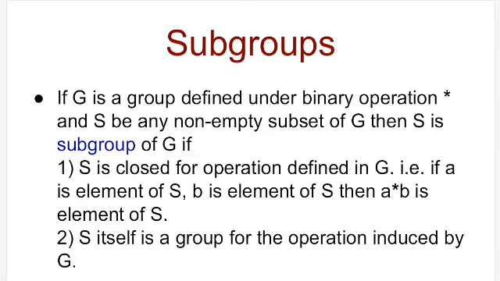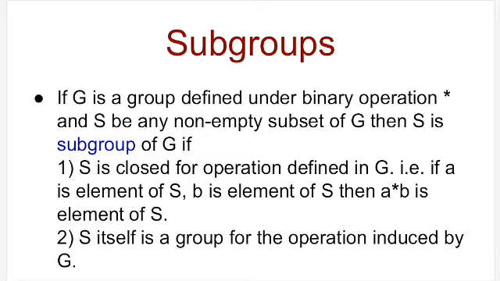Then we saw the concept of monoid and the concept of semigroup, right? The semigroup was not a complete group. It was just a non-empty set with associativity property and closure property. It was not a group. I am repeating, it is a semigroup. Semigroup and subgroups are totally different concepts. Semigroup is not even a group, but subgroup is basically a group. Okay? Then the next concept was of monoid: any non-empty set with associativity property, closure, and existence of identity property was a monoid. Okay, so these were the things we did.